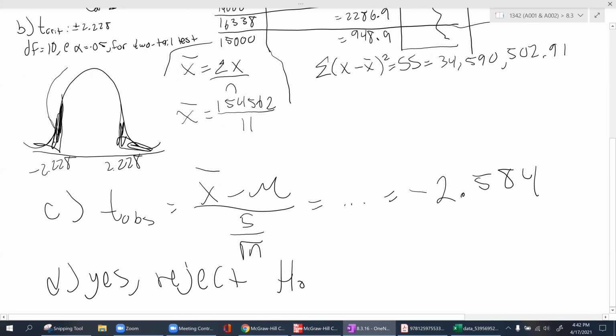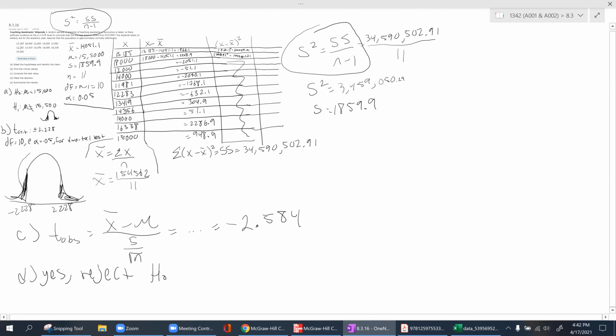the null hypothesis. So you're going to answer yes to the question. So there is enough evidence to support the claim that the mean stipend for teaching assistants in economics differs from 15,500. There is enough evidence to suggest that. So that is all I have